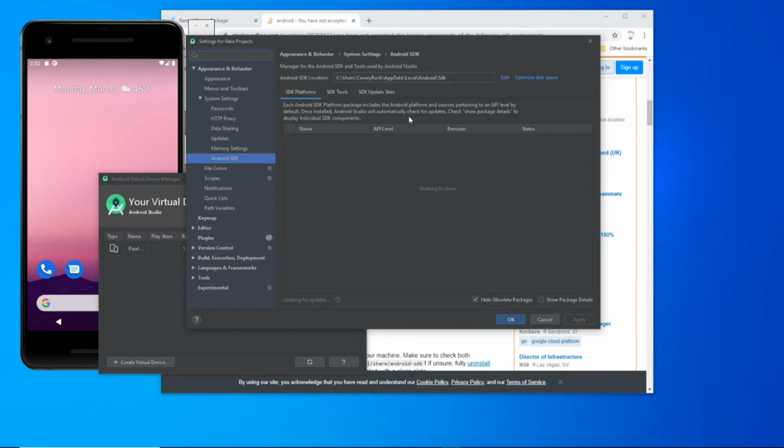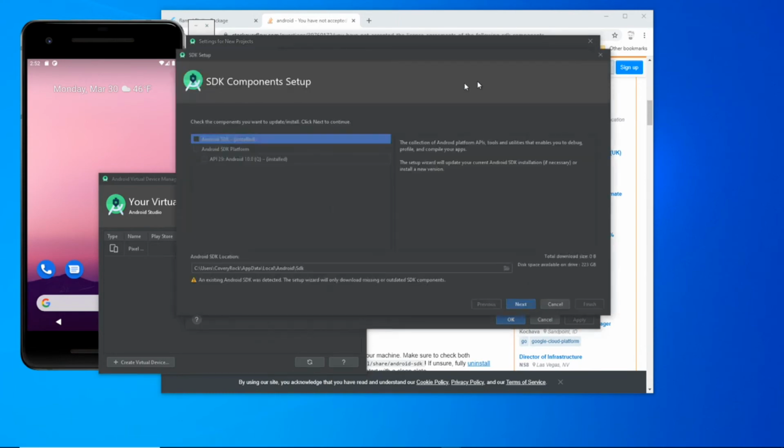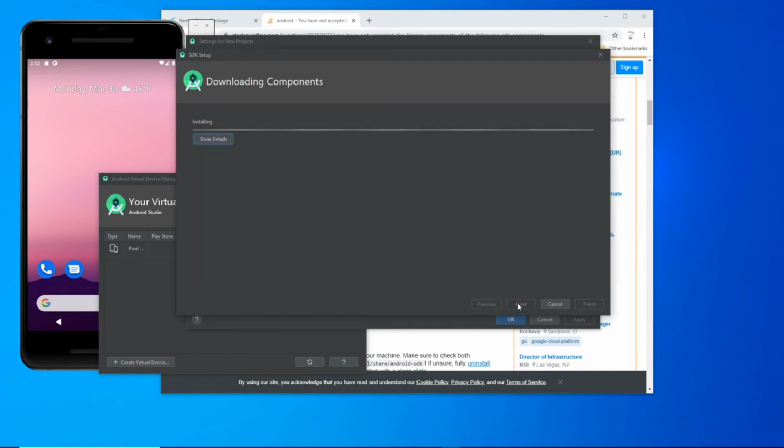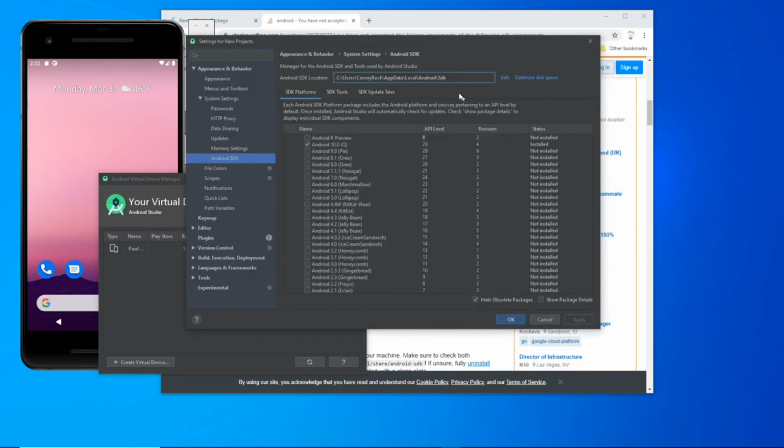And then I know where the Android SDK is located. So I'm going to edit this just so I can copy it. Oh, here we go. Let's just try it this way. It says it's installed. Let's see if we go next. Nothing to do, it's up to date. Well, it could let me sign the agreement. Okay, so I'm going to copy that path